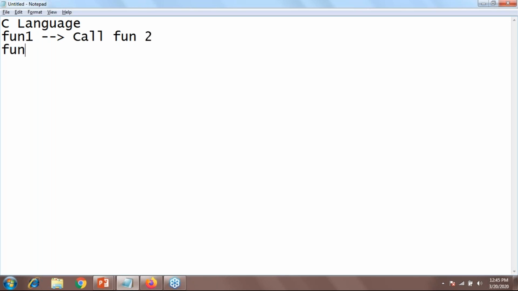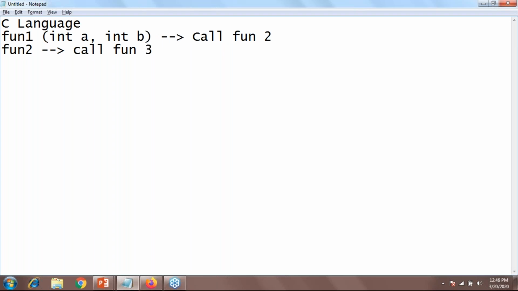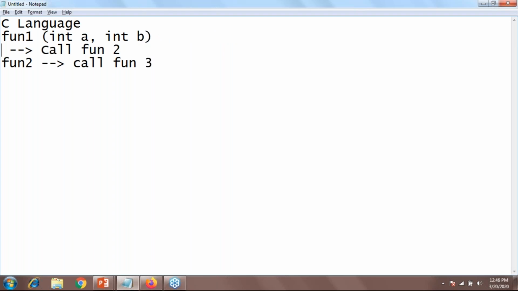Now, function number 2 can call function number 3, right? So when function 1 calls function 2, it may contain some variables, that is integer a and integer b, right? So the value of integer a and the value of integer b return the addition